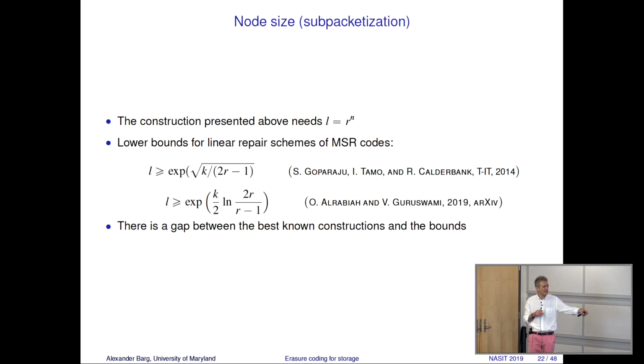In a recent nice advance by Alrabiah and Guruswami, 2019, this year, they closed part of the gap, going from square root of k to k. Very nice, very nice. But this is a far cry from what we know. So attaining optimal sub-packetization or tightening the bound is a big open question in this business. Is it possible or not? I have no idea. So here is an open question that I invite you to look at if you are so inclined.